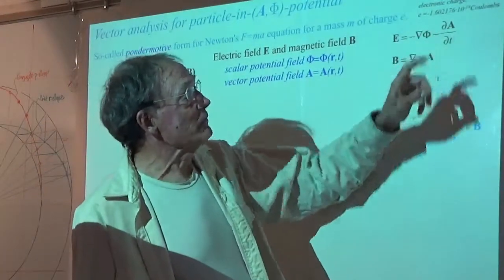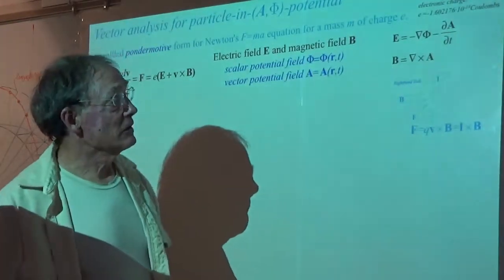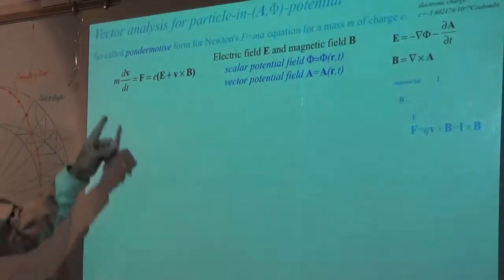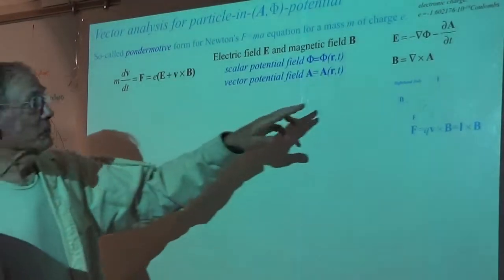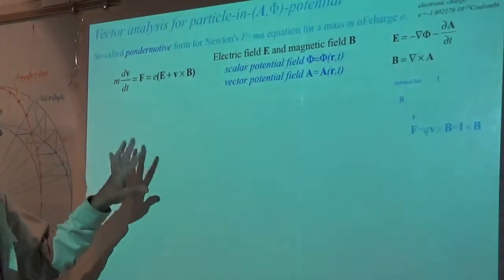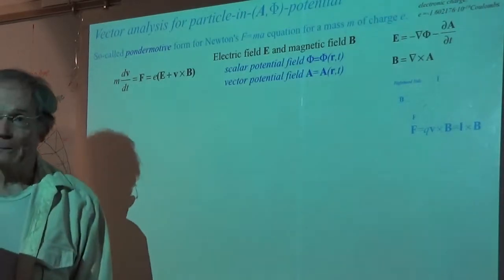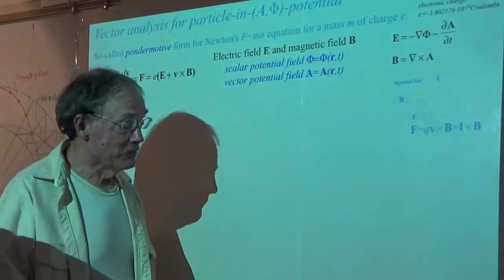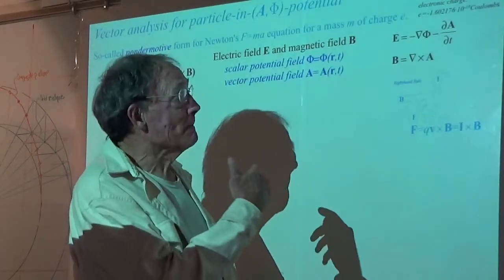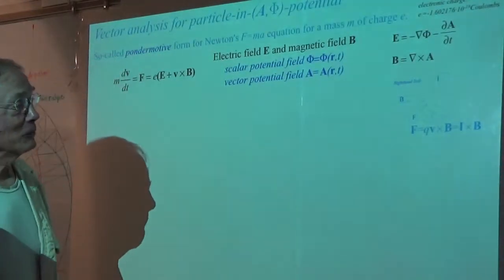So the partial derivative of a thing called the vector potential, whose curl is the magnetic field, is part of this ponder-motive equation here, the B being curl of A. So we have to work out the vector algebra of putting that inside this and then get it into a Lagrangian form. This is called the minimal coupling Hamiltonian or minimal coupling Lagrangian for reasons that I'll try to explain later a little bit. In any case, right now we're just dealing with what I call the FBI rule, and